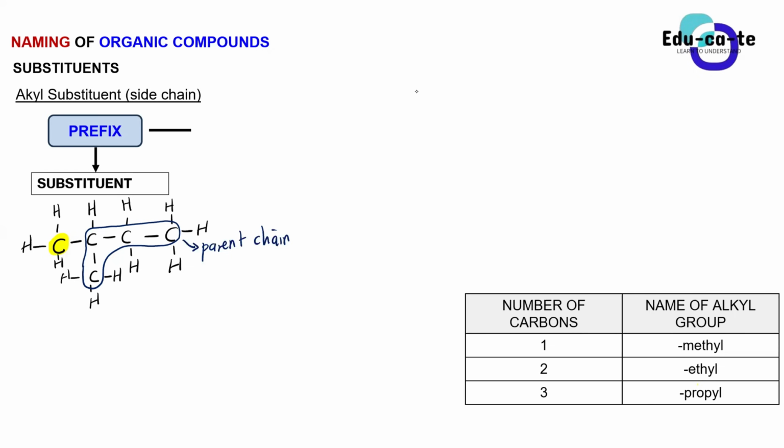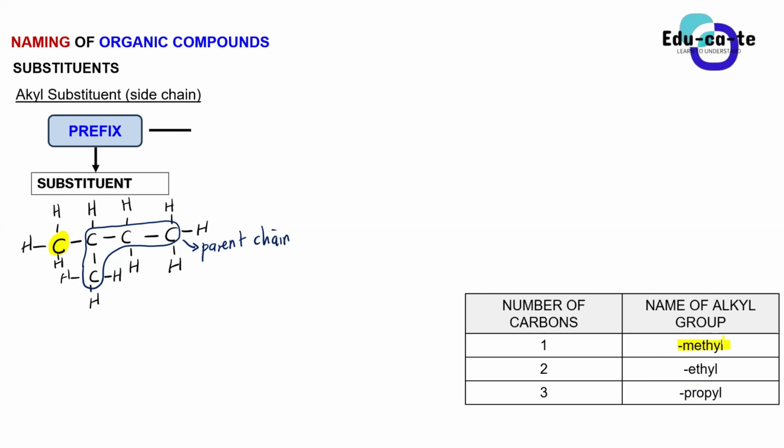Okay, sir. Yeah, definitely. So you can see, guys, that we have this carbon that is on the side, so it's our side chain. Remember, guys, our parent chain can be either the straight one or this one that I just highlighted. So get used to maneuvering on both. So this carbon here is our side chain. If our side chain consists of one carbon, we say that it's a methyl group. So if our alkyl group, which is our side chain, consists of one carbon, we say it's known as a methyl group.